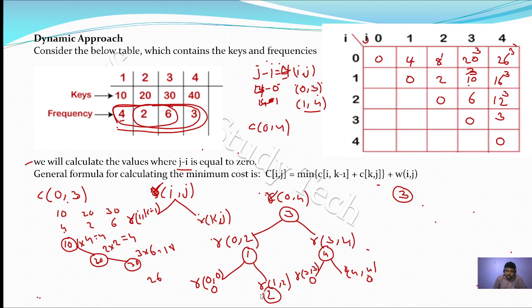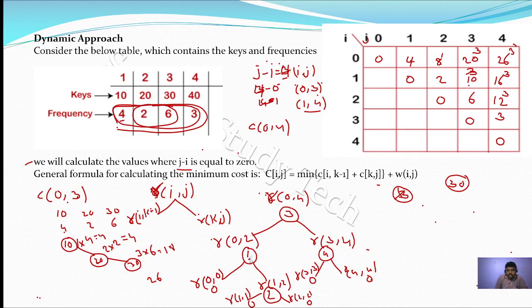Now here also you can see, on the left R of i value is 1, k value is 2 minus 1, that is 1 comma 1, and on the right side R of k, key value is 2, that is k, and j value is 2. So that is also 0. Here R of 1 1 is 0. So here it is the third key, that is, the third key is 30. The key value is 30. You can note it down here.